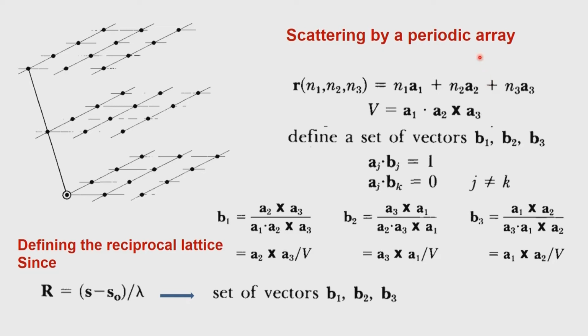So when the scattering comes from a periodic array, we have a 3-dimensional lattice. We have the A axis, the B axis, the C axis. Suppose we now consider the atoms to be associated with lattice points. It is not necessary, but let us say each atom is now associated with a lattice point. Then we can generate this diagram. Now if we can generate this diagram, then we have to be able to calculate what is happening with respect to the scattering.